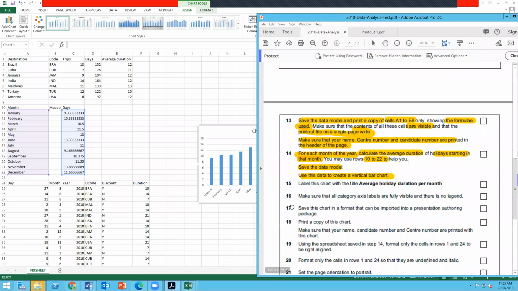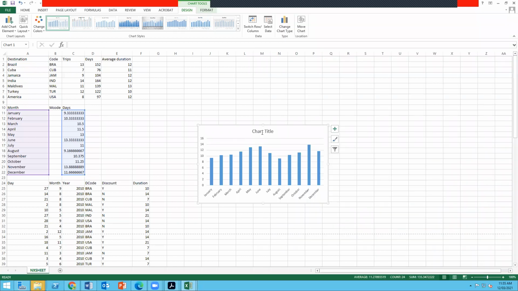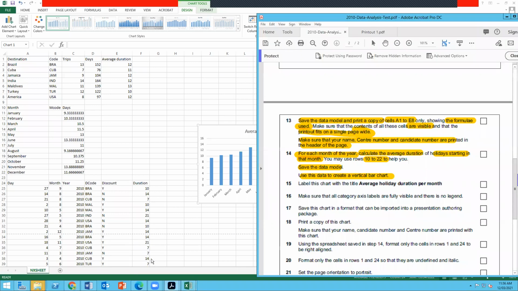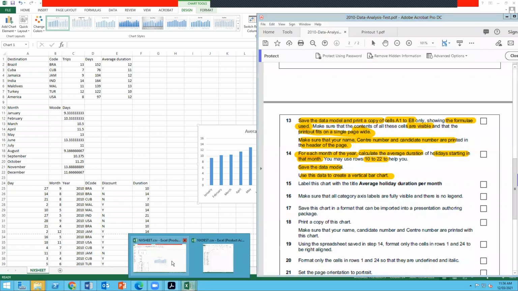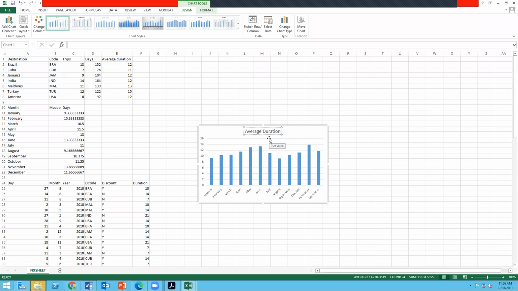So now they gave you the second part, which is 15. It says label this chart with the title average holiday duration per month. So I'll come where it says chart title and type in average duration. Okay, average holiday duration per month. So average holiday duration